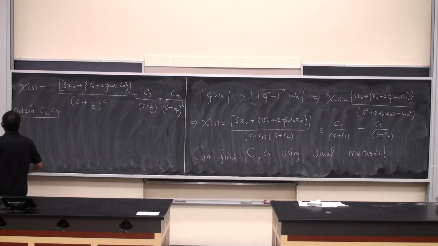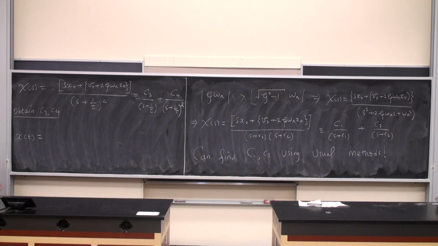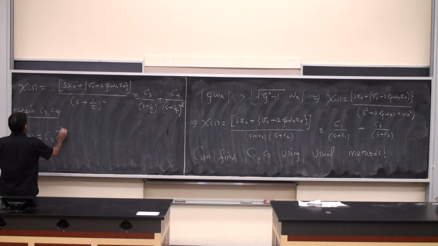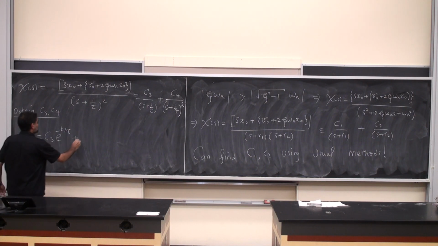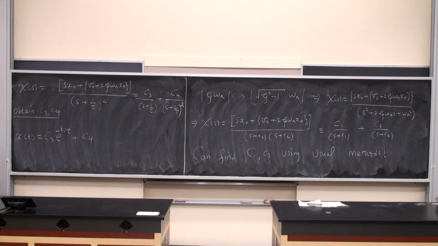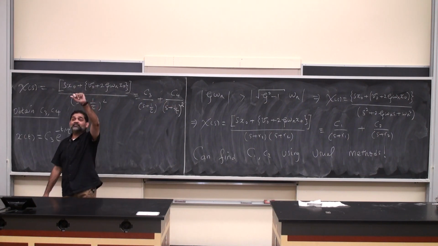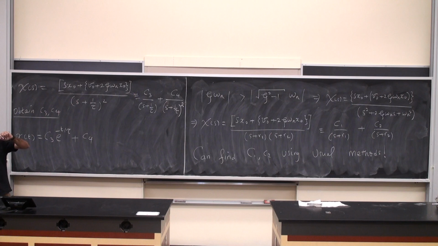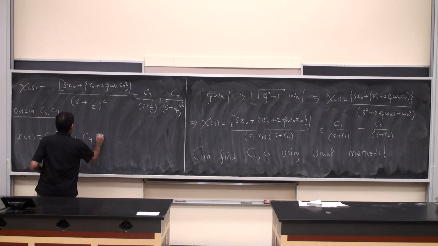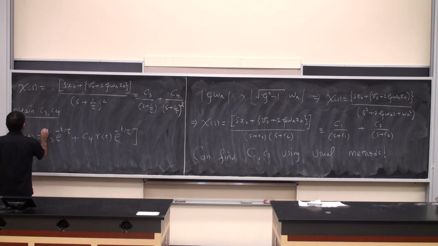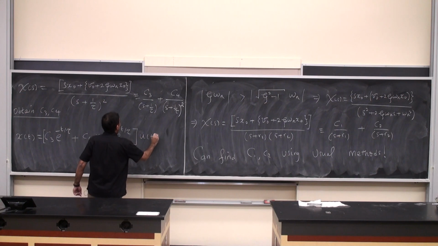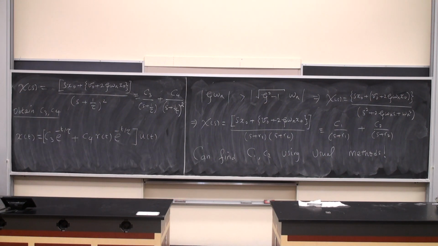Okay, so eventually the system responds. The inverse of the first term, so that's C3 e to the power minus t by tau. Anybody tell me the inverse of the second term? I'll tell you C4 first. Inverse of the second term, the inverse of this particular term here. Yes, yes, yes. C4 t times e to the negative. Fantastic, fantastic. So this is the ramp response. All of this multiplied by u of t,